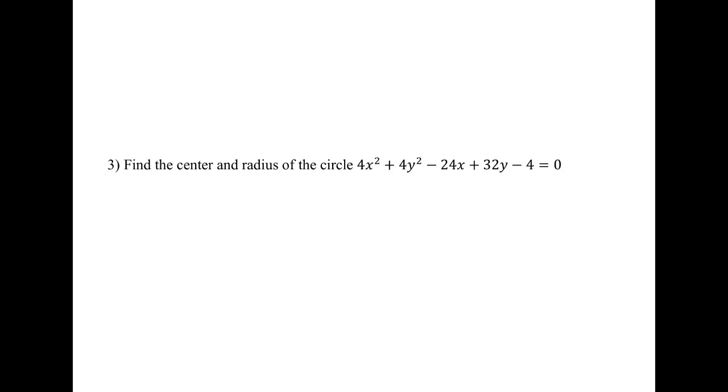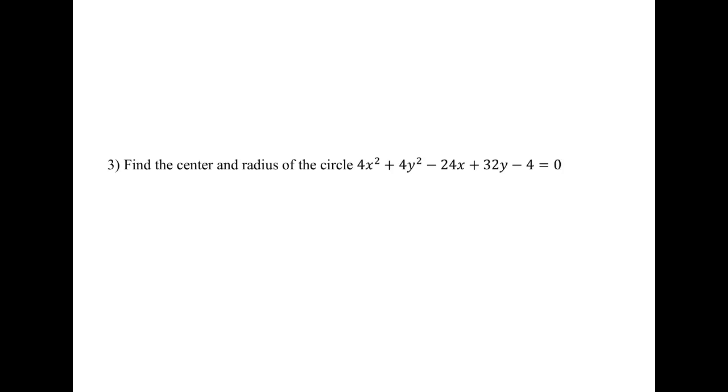Okay, so let's just start by completing squares. But before we complete the square here, pay attention to the coefficients. Here is 4, this one 4, 24, 32, 4. Okay, so as you see, all of these numbers are divisible by 4. So in order to make things much more easier, you can just divide the coefficients by 4, and